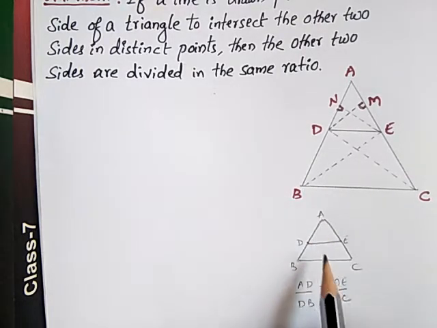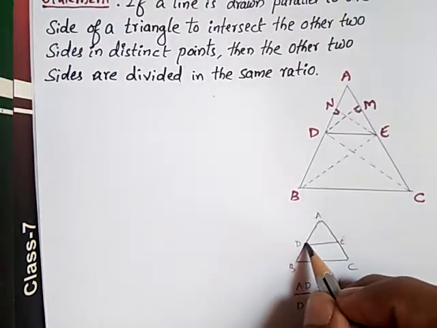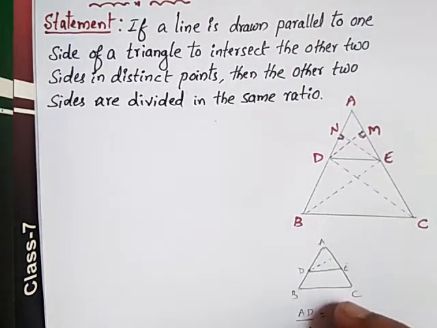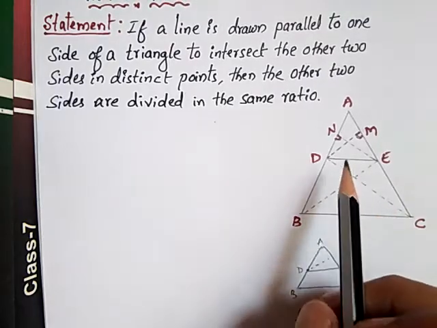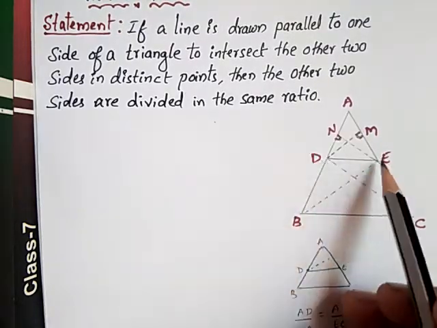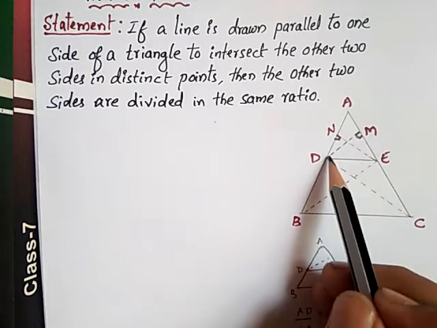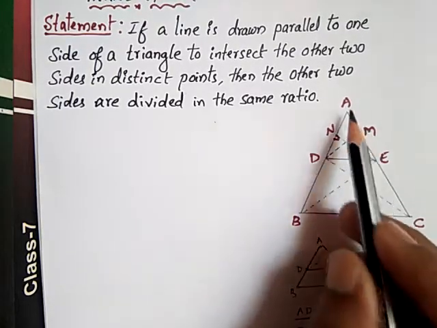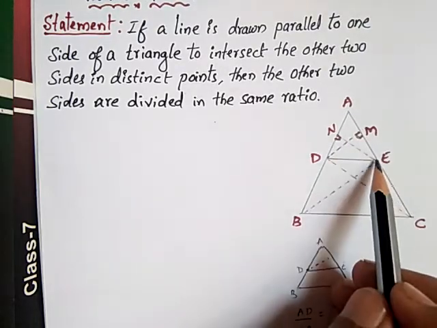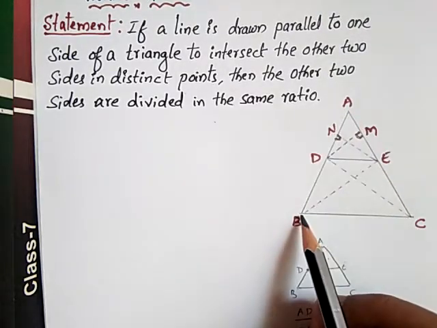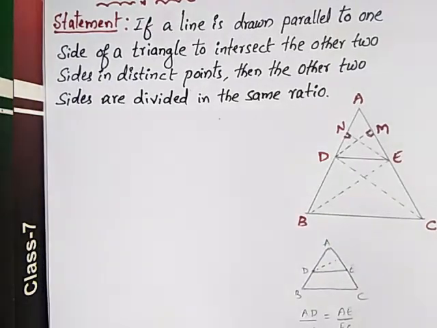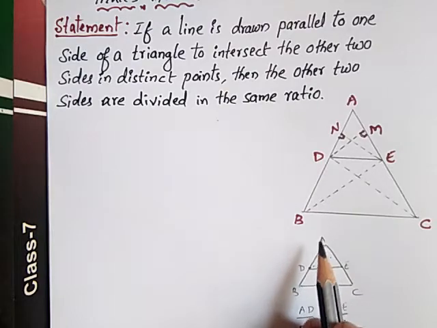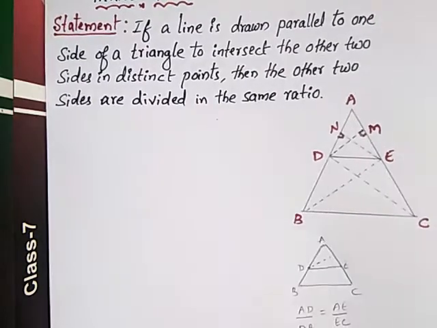the statement. For the proof we will draw perpendiculars like this. I have done this here for your purpose. Here I have already named the triangle ABC, and DE is parallel to BC. Here DM is perpendicular to AC. We have to draw this in the construction. DM is perpendicular to AC. Similarly, EN is perpendicular to AB. That you have to remember. Then you have to join CD and BE. By using the triangle area formula, we will solve this one.